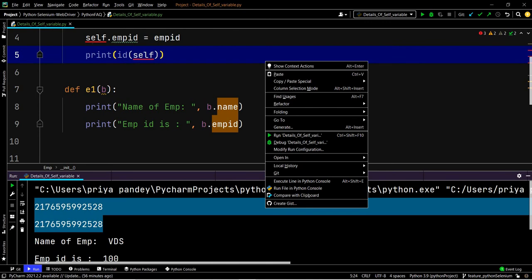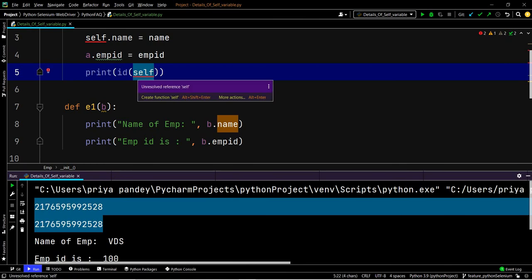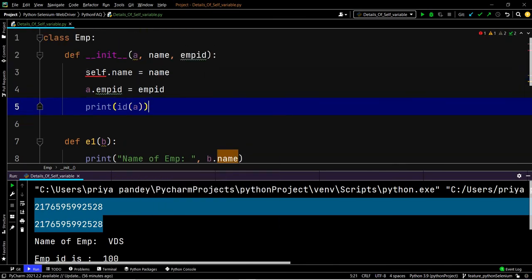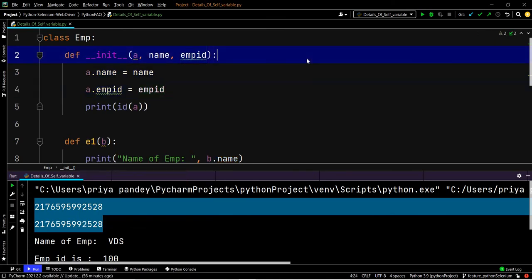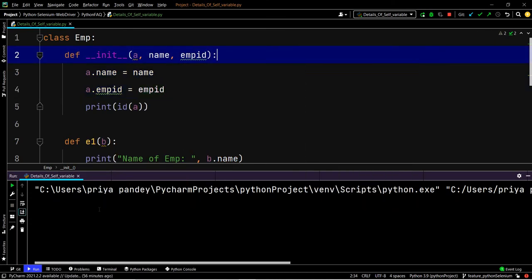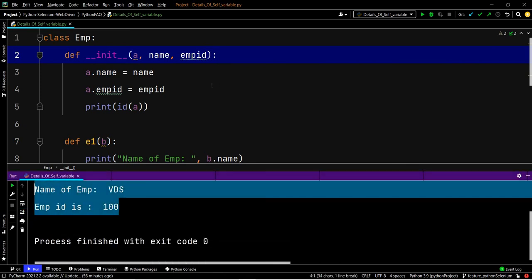Also we need a here, and here also we need to put a, and save and execute. It will print perfectly fine, not an issue. See, the id is the same. So it is not mandatory, but a recommendation is there.